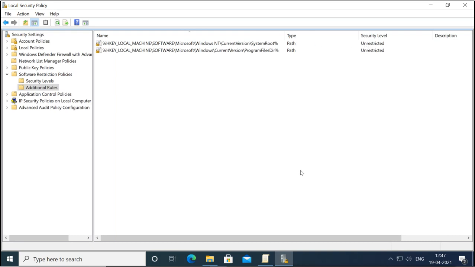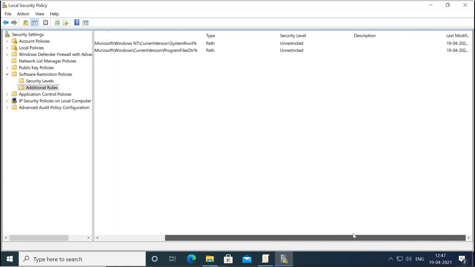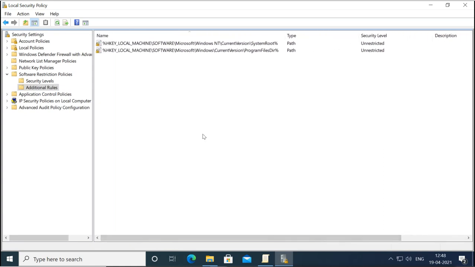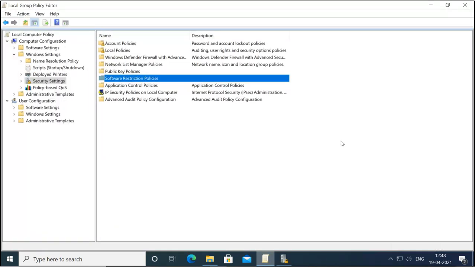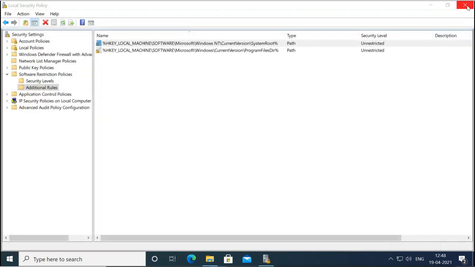That means we can run any application from there. Why? Because when you enable software restriction policy, whether you create a policy or not, it will use the default one, and it can block other applications. So it is allowing those applications from here, system root.